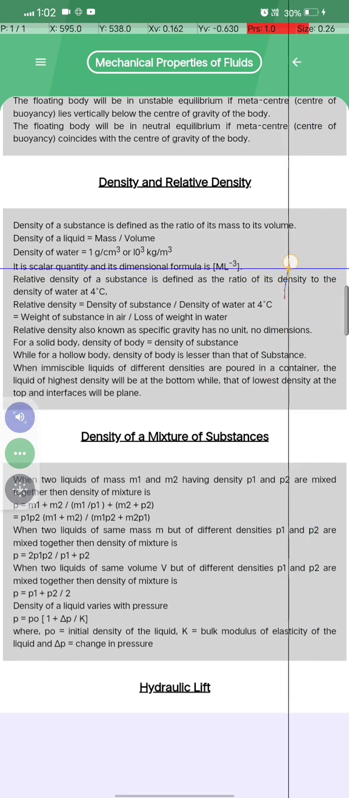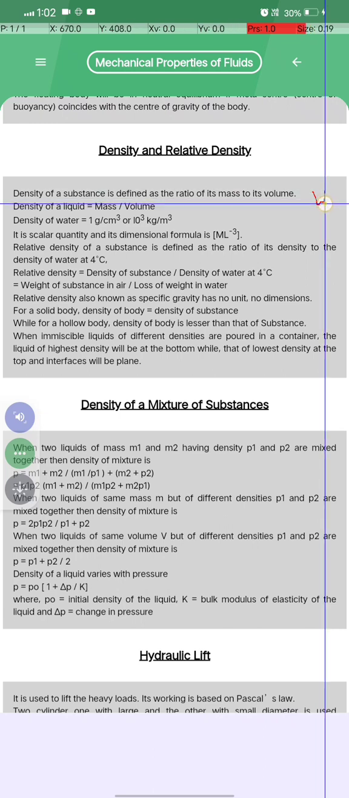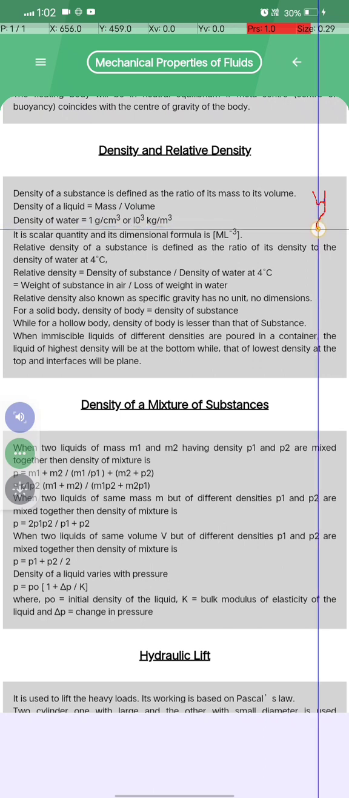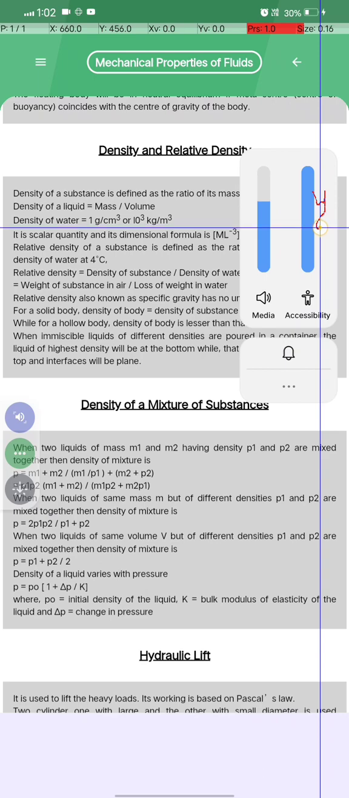अब अगला डेंसिटी एंड इलेक्ट्रिसिटी क्या होता है? डेंसिटी है क्या? Density of a substance is defined as a ratio of mass and volume, and density is equal to mass by volume. Density of water is equal to 1 gram per centimeter cube and 10^3 kg per meter cube. ओके, वाटर का डेंसिटी है, इसको याद रखना।